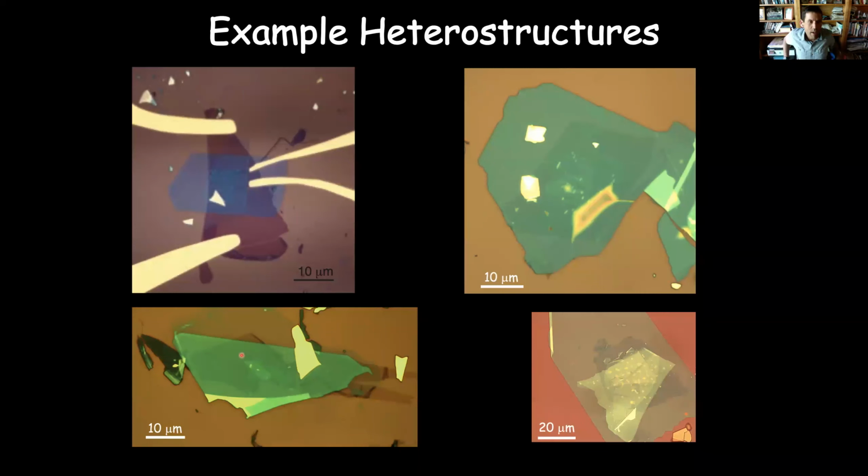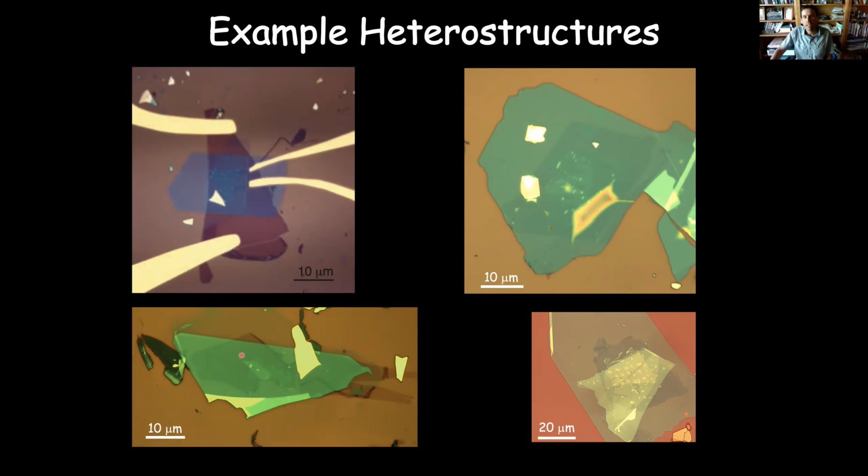And so we can make essentially any arbitrary stack that we want just by picking these up and continuing to do that until we have the complete structure built, and then we melt it down. And once we've done that, we can pattern electrical contacts, as you can see in this top image here, these gold contacts to it, or we can place it directly on those metal contacts.